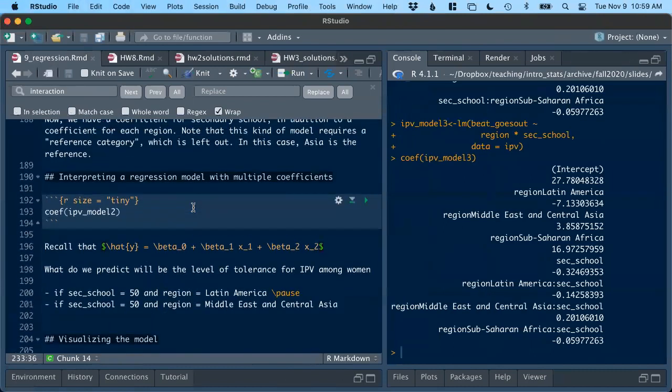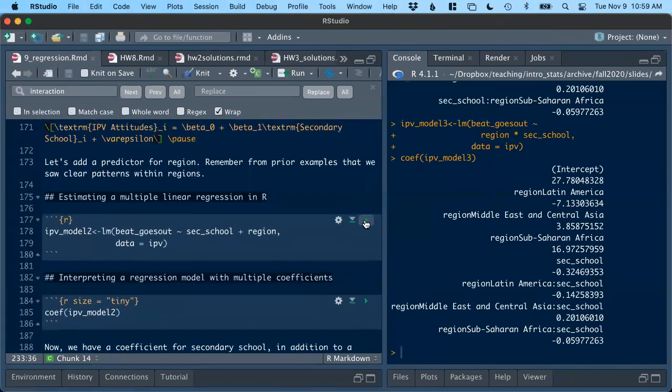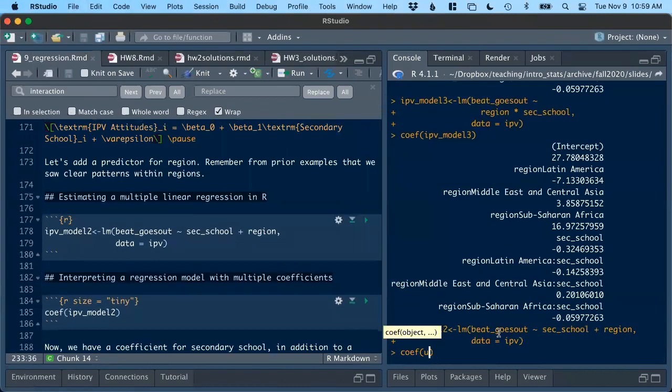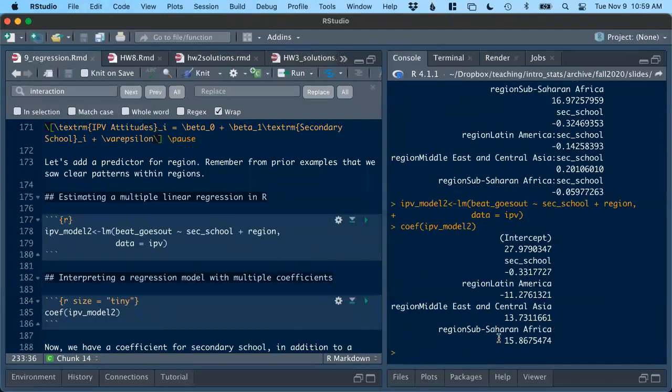And we can see that for our 2 predictor model, one way we can think about model complexity is by thinking about how many coefficients we're estimating. So here we're estimating 1, 2, 3, 4, 5. This is a 5-parameter model where we're estimating 5 coefficients. We call it a coefficient because we're multiplying x1 times beta1. So beta1 is the coefficient for x, meaning the thing we multiply it by. So the coefficient for secondary school is minus 0.33. This is an estimate of beta1, the parameter beta1, right? So this is a 5-parameter model,